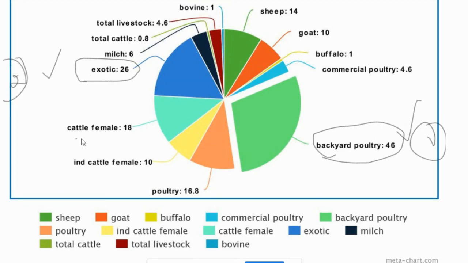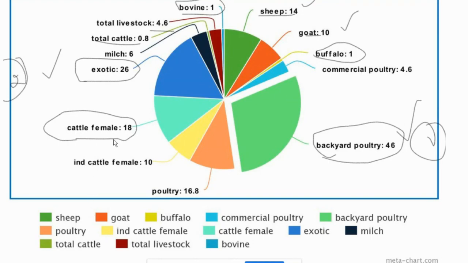The third is the total number of cattle population in female, which has also increased. It shows 18%. Sheep have a 14% increase, followed by goats. So 14% increase in sheep, 10% for goats. Just remember the order, because the order is the one they will ask you for. Also the total cattle have increased 0.8%, and the total livestock has increased 4.6%. So there is a clear distinction. There is also a 1% increase in bovine, and a 1% increase in buffalo population.